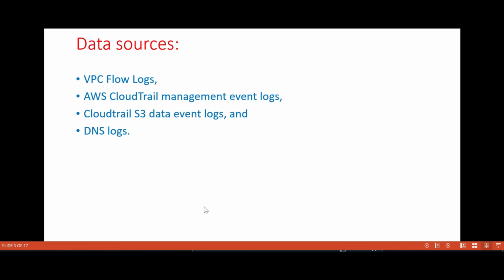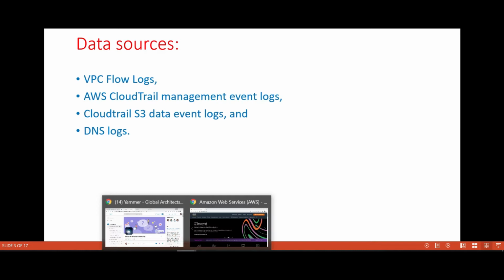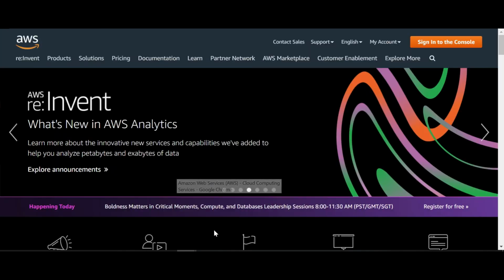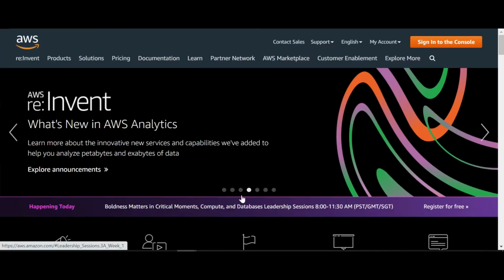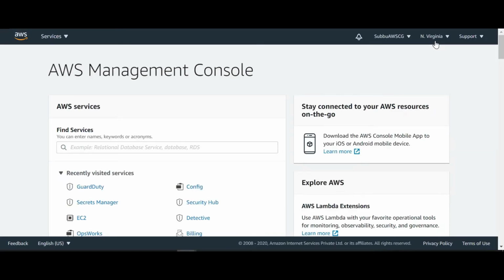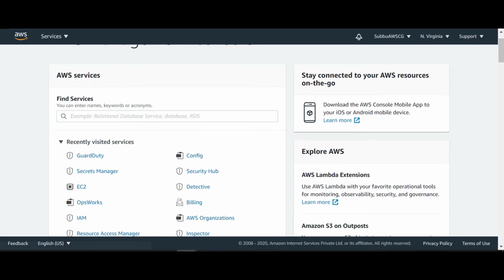Okay. Let us see how GuardDuty can be configured on your AWS environment. Log into your Amazon console. This is my AWS management console. Recently, I have visited my GuardDuty service.